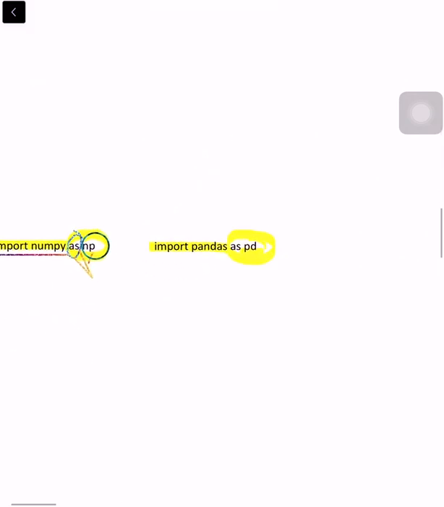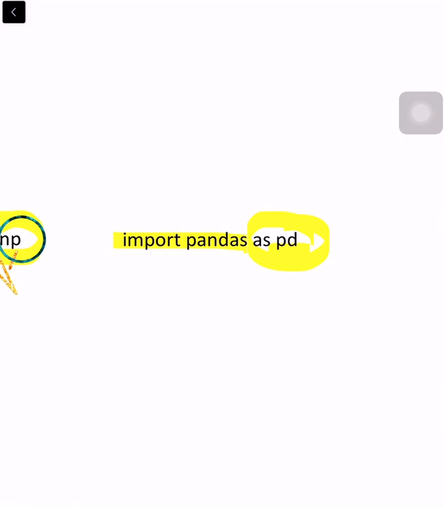In the same way, if you are writing any function which is inside pandas, first you will write the library name, which is pd, and then the function. The first function that we will use is DataFrame.